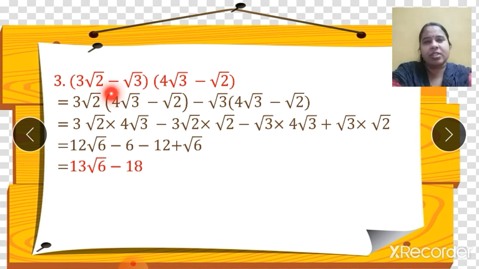Okay. Now this is similar to what we did in the previous sum. Open this bracket and multiply. Right. So 3 root 2 into 4 root 3. This is what is done. 3 root 2 is to be multiplied with root 2 again here. Then minus root 3 is to be multiplied with 4 root 3. I am just opening the bracket, nothing else. Correct? Now see, minus into minus will become plus. Only care you have to take is this. When you open the bracket, if there is a minus sign, you change the sign. Right? So root 3 into root 2 can be written like this. I hope you are understanding this step.